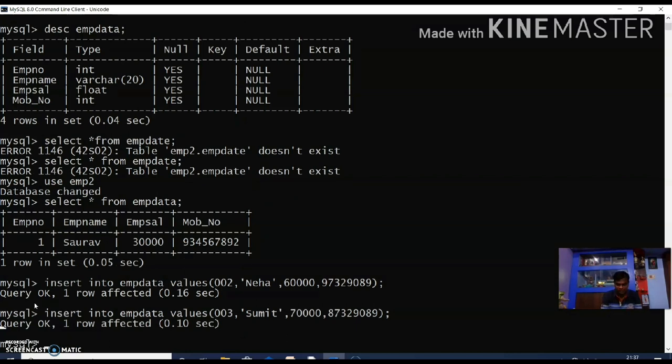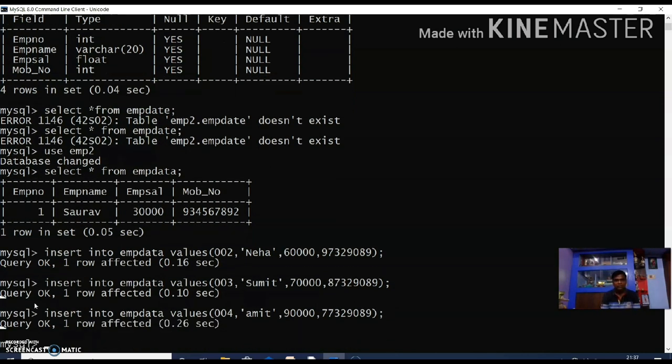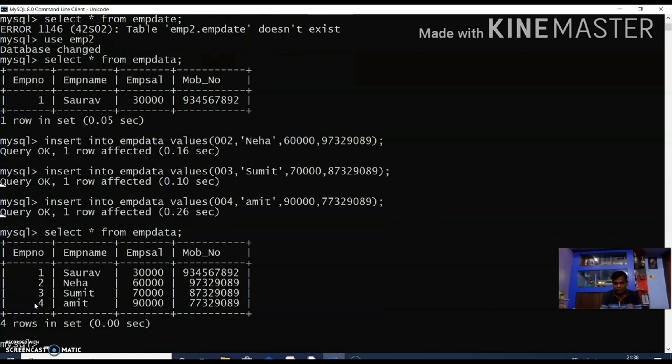Now you want to insert another record with these values: the number is 4, the name is Amit, the salary is 90,000 rupees and the mobile number is something. Now you are inserting the fourth record. You see, select star from emp data. Now you see there are 4 records in the emp table.